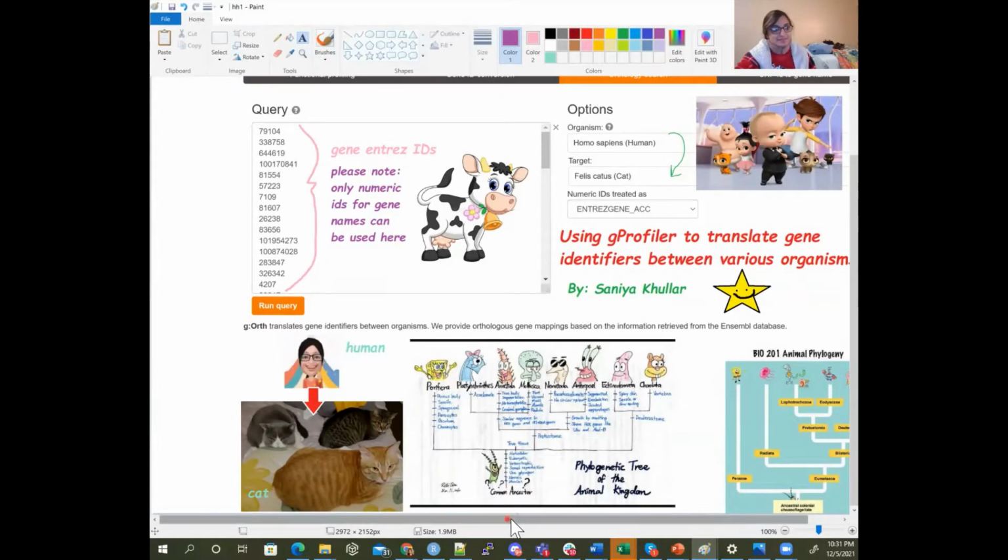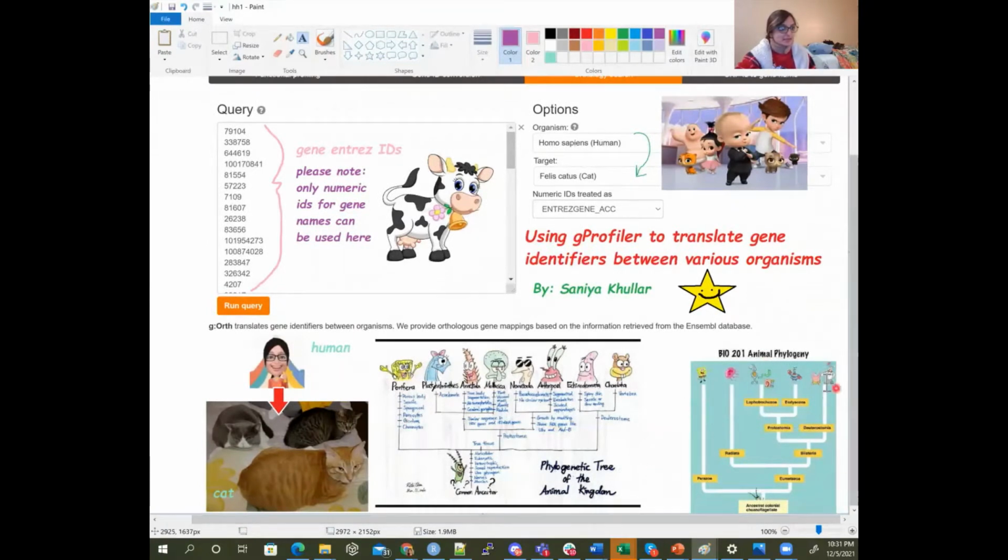And this is a phylogenetic tree, an animal phylogeny, for instance, as well. And how can you translate these human identifiers from one species to the next? So if we were looking at this database and seeing from these humans to the cats here,